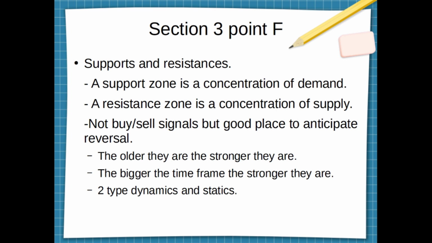Now, support and resistances. A support zone is a concentration of demand. A resistance zone is a concentration of supply. Now, extremely important, they are not buy and sell signals. You cannot go ahead and use a support to buy or a resistance to short. Actually, they are more useful to anticipate reversal. So if we are getting close to a resistance,